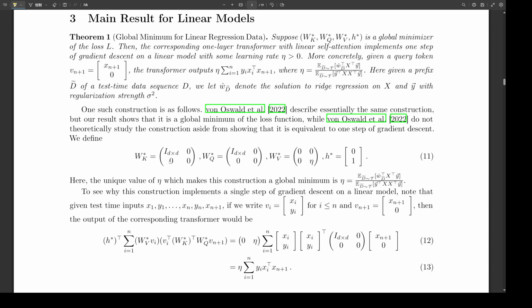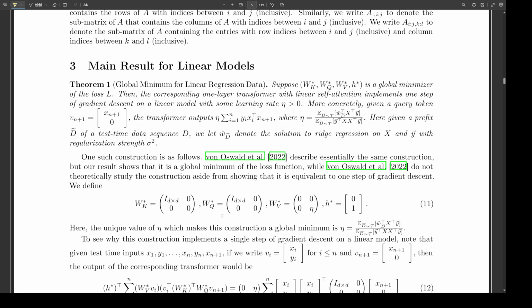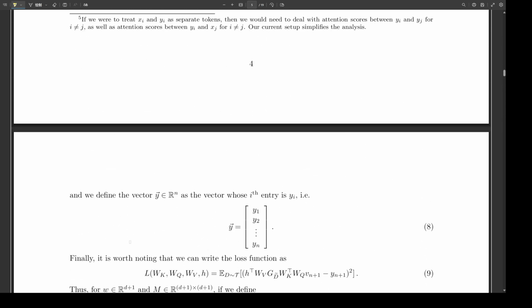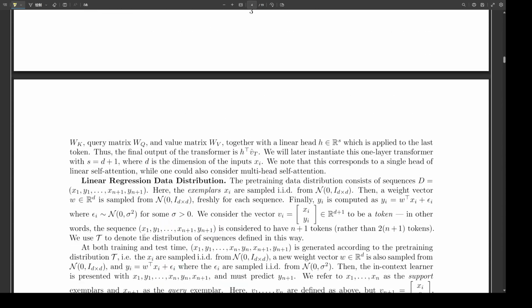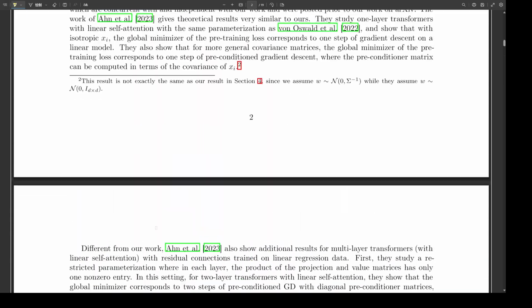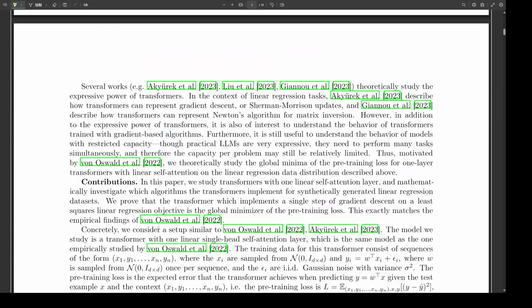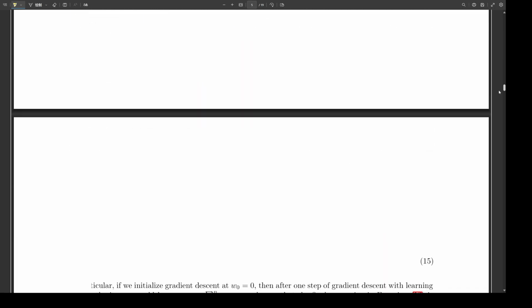Now, I know the paper delves into the mathematical reasoning behind all of this. It does. It's pretty heavy stuff. And while we won't go through all the proofs here, can you highlight some of the key mathematical insights for us? One of the central pieces of the puzzle is something called Lemma 1 in the paper. This lemma connects the pre-training loss of the transformer to how well it can approximate the best possible linear model, given the data. So essentially, it's saying that the transformer is being pushed to be as good as a linear model can be, even when the true relationship is more complex.